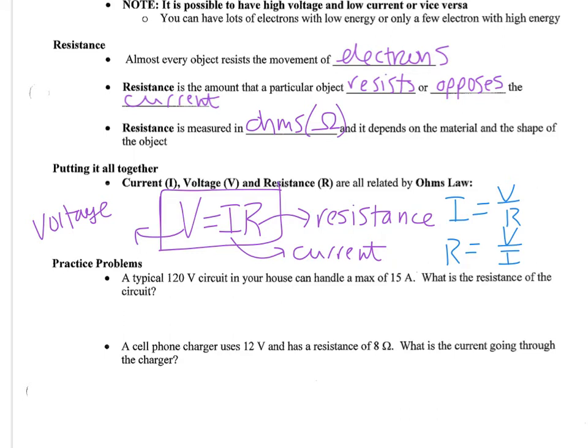So, two really simple practice problems. A typical 120 volt circuit in your house can handle a max of 15 amps. What is the resistance of the circuit? So we are given